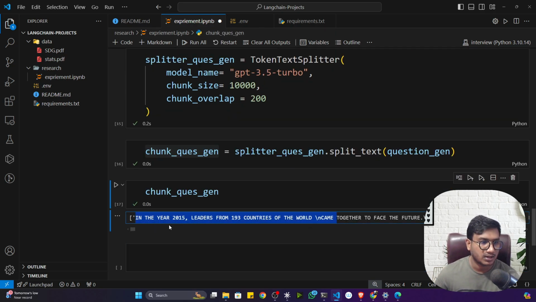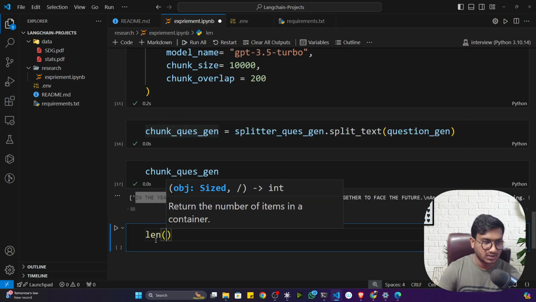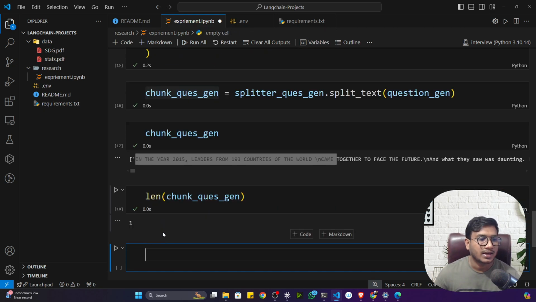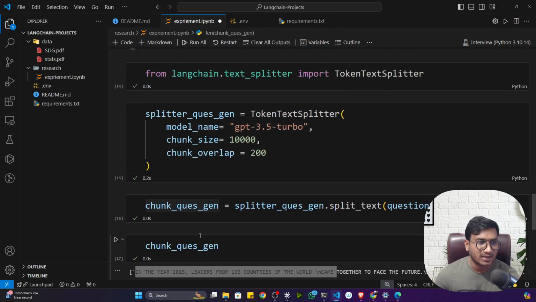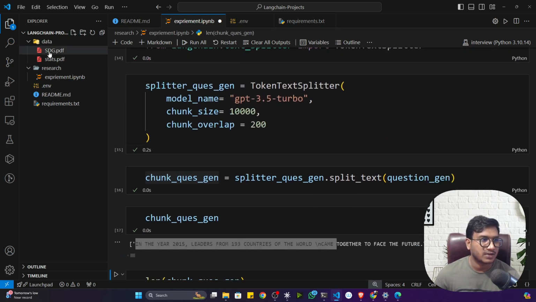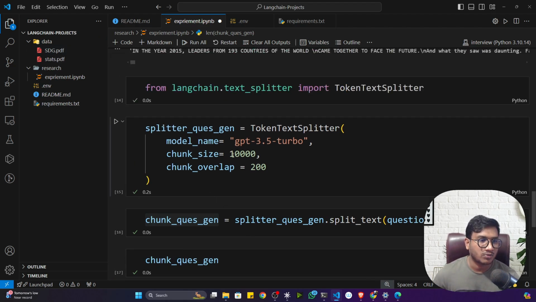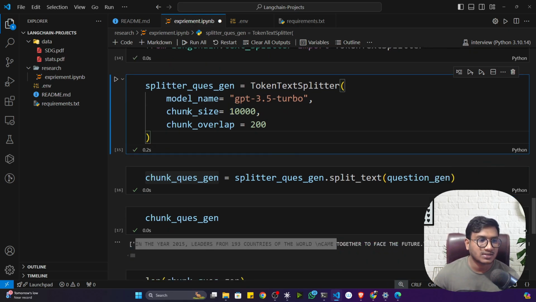See, this is the chunk I got. Now how many chunks has it returned? For this you can use the length function. You can check. See, it has only given me one chunk. Because why? You can see this PDF is small. So if you count all the words, it won't be 10,000 words. It is less than 10,000 words. That's why, since I've given chunk size equal to 10,000,